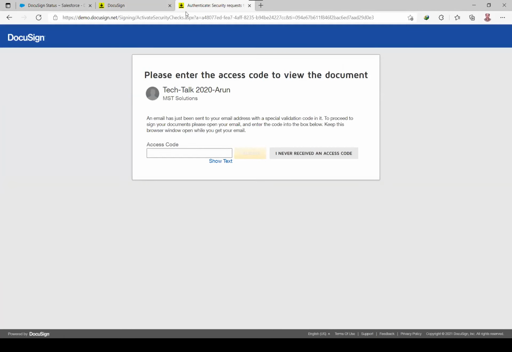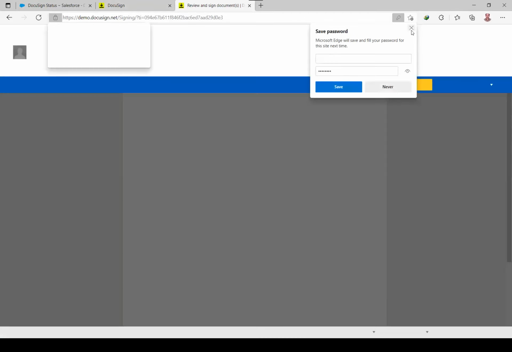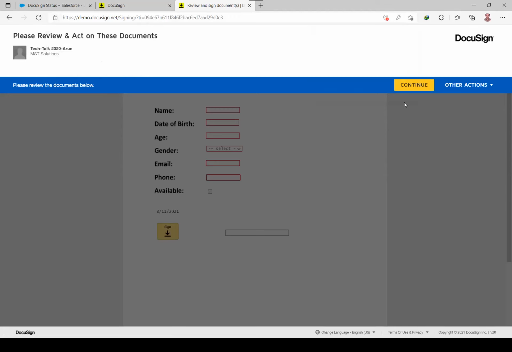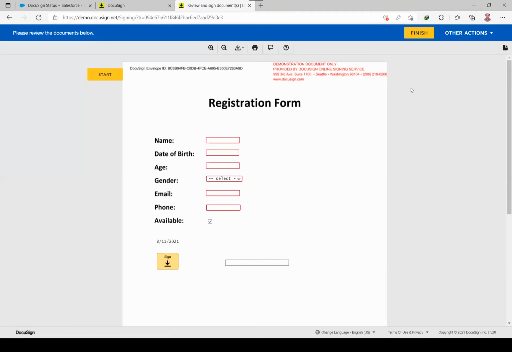A secure OTP will be sent to your email address, and before opening the form, we need to verify that. Yeah, this is how our form looks initially. First, I'll be providing random data.